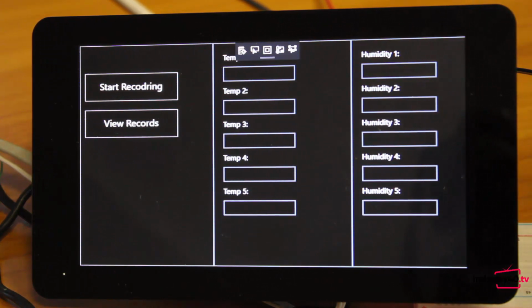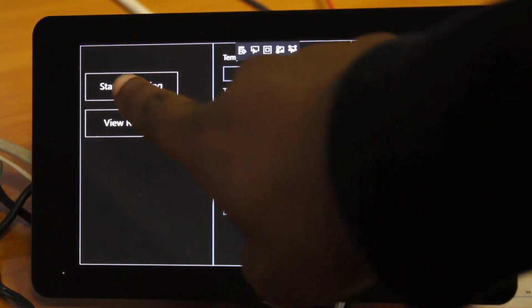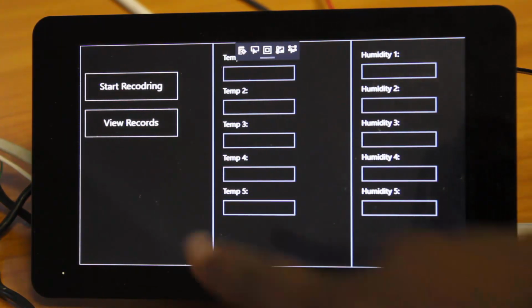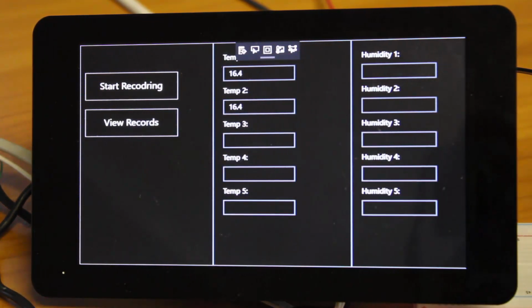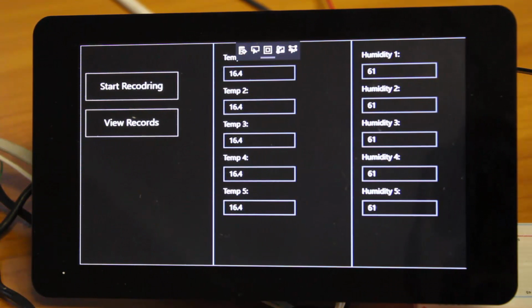If we go and view records, you see we've got no records yet because we haven't enabled recording yet. So we go ahead and enable recording, and then if we check view records, you see we've got 2 records because we're recording every 2 seconds. And then we've got all the records coming through now.